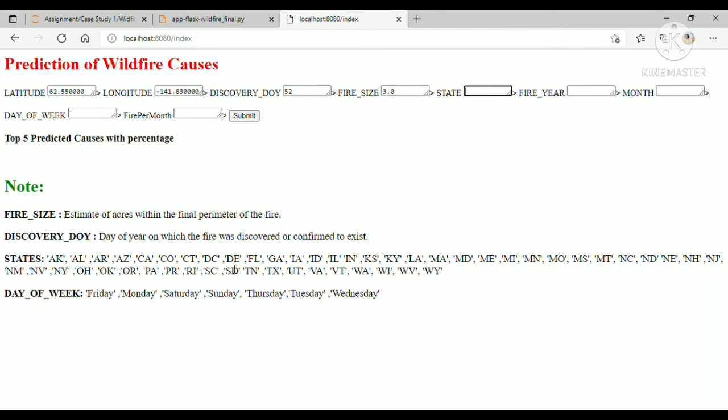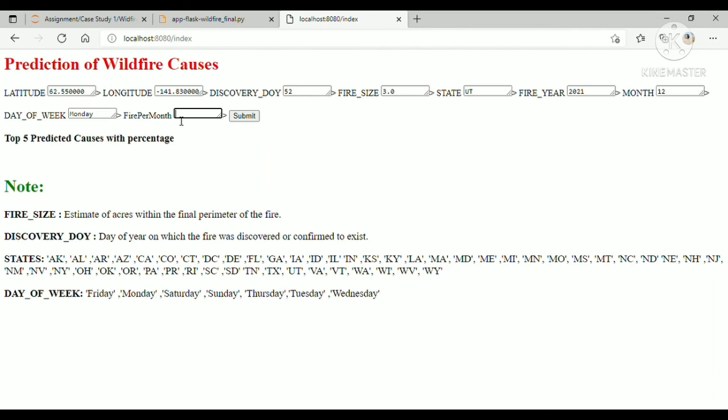State, you can select from here. Let's select UT. Fire year, let's say we're going to predict for 2021. Month 12. Month you have to enter as a number, not December or October. Day of week, you can mention Monday. Fire per month on average,